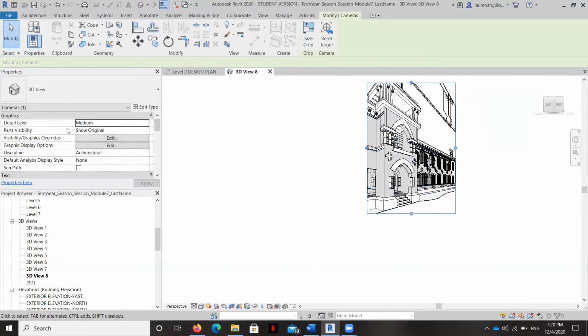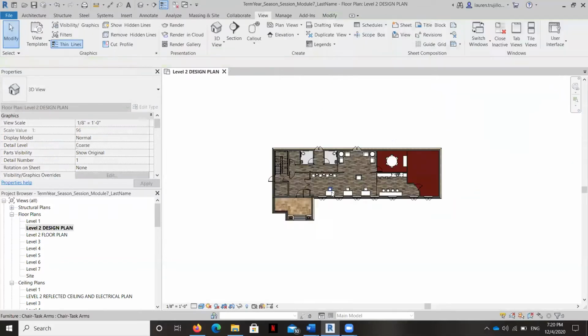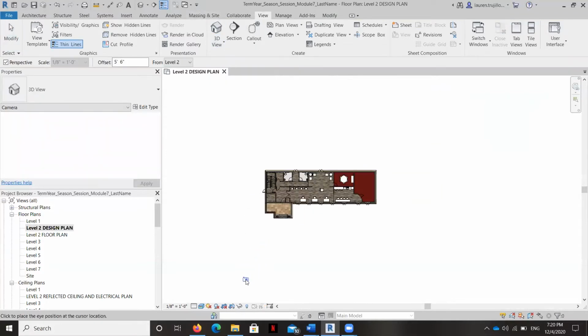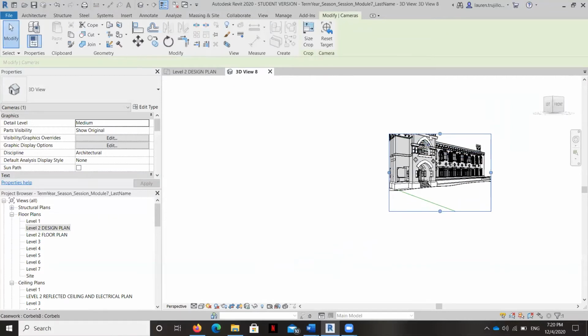I actually think I'm going to back out just a little bit. So I'm going to go back to the plan, delete that camera view, and I'm going to pull back just a little bit more. Okay, that's a little bit more like it.